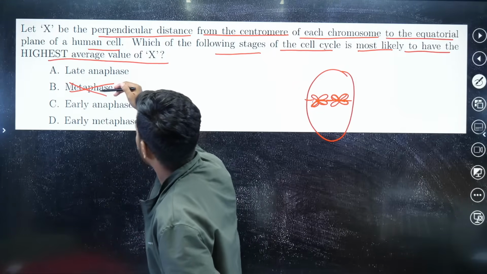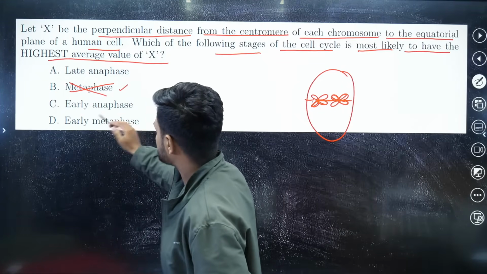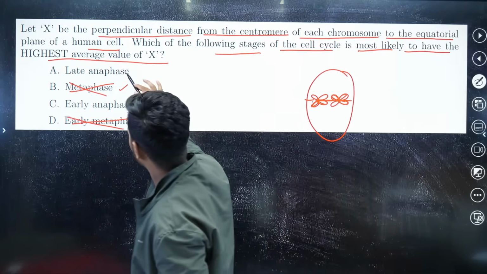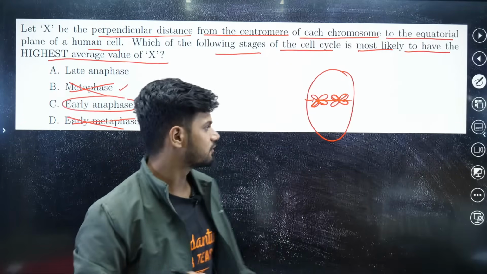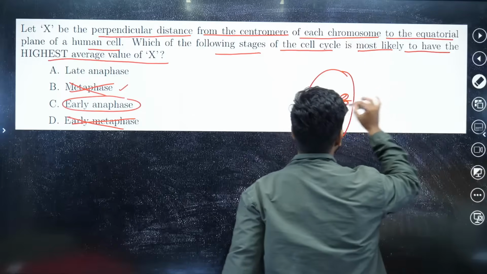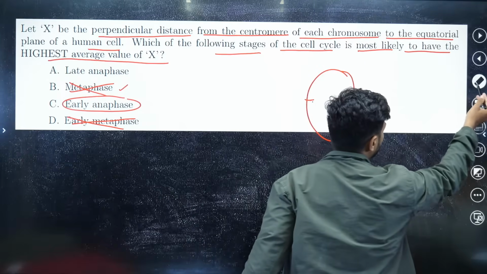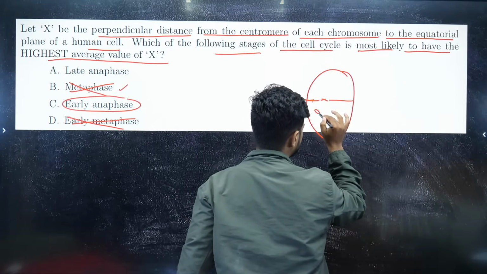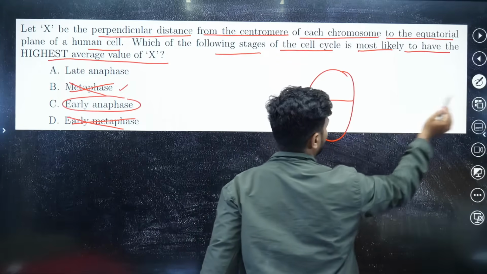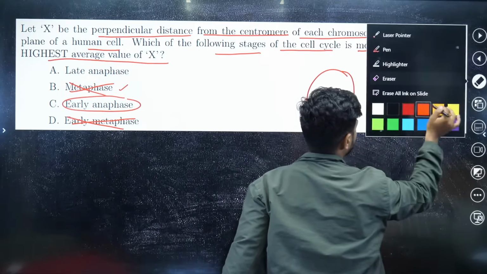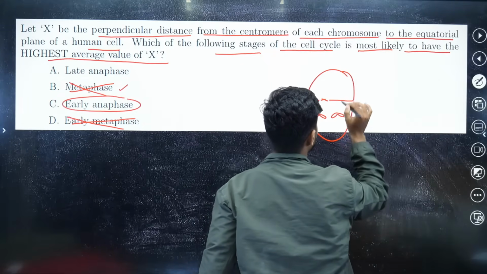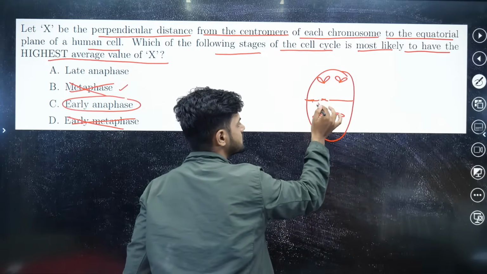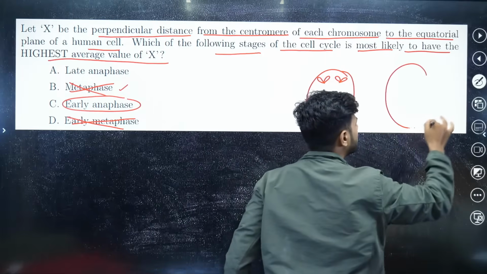What about your early anaphase? Early metaphase also is gone, because in metaphase they're again coming very close to the equatorial plate. What about your early anaphase? In early anaphase, all the chromosomes are just separating out. See here. They are not very far from the equatorial plane. This is the distance. But in the case of your late anaphase,